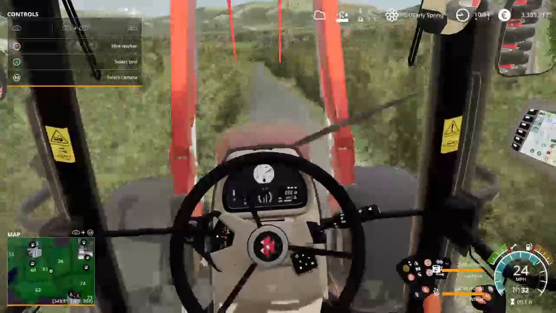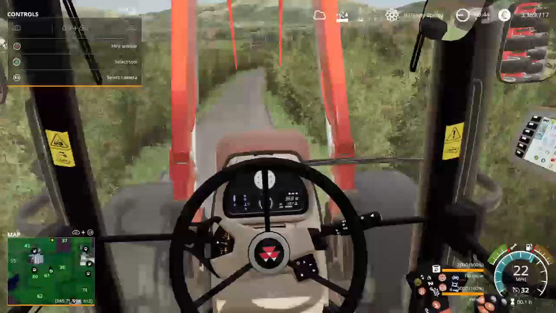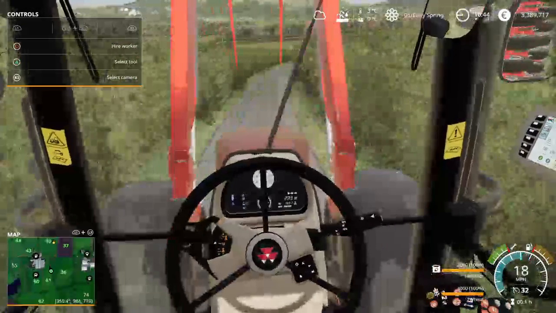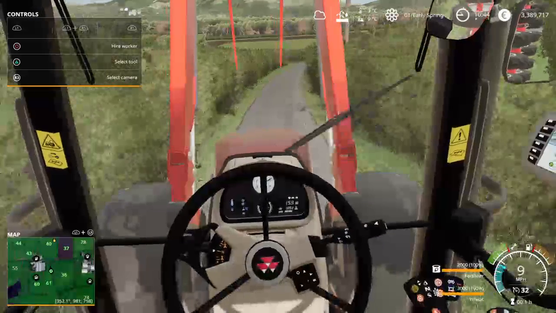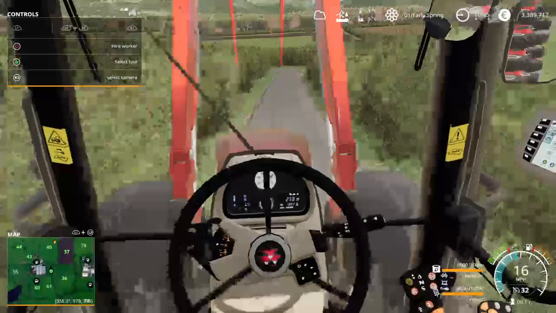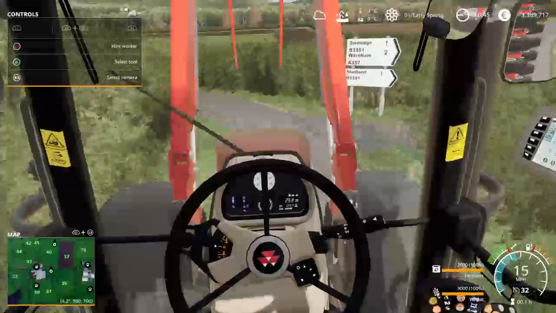What you can do if you want, I think there's a couple of the fields, 37 and 36, I think are already ripped up. 37 is, but it needs lime. You're going to go back and get the lime spreader. Yeah. But it's going to be a bit of a slow build. Getting this farm sorted is going to take a little bit longer than some of the others. But once we've got it sorted...